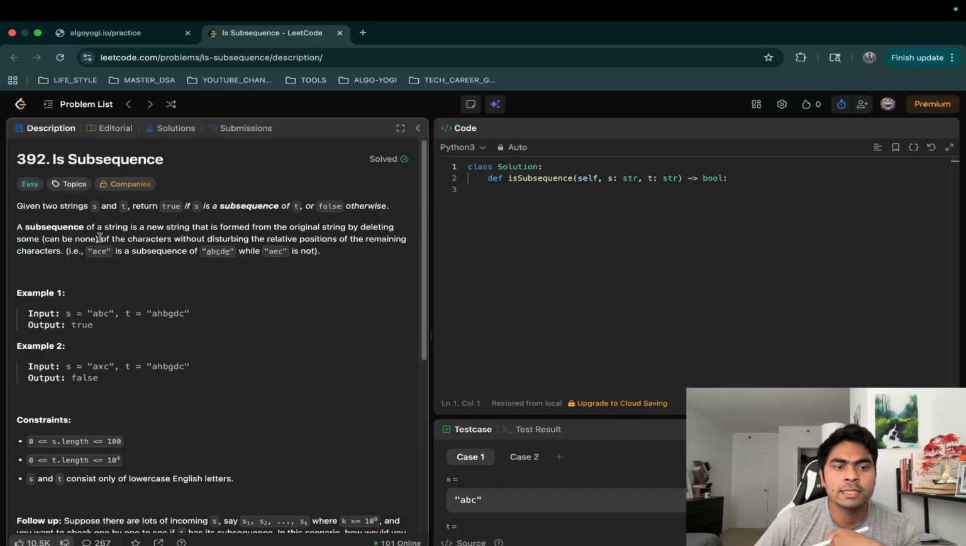So given two strings s and t, return true if s is a subsequence of t, or false otherwise. And they have given us the definition of subsequence that we should already know. If you're doing LeetCode, subsequence, substring, palindrome, anagram, these are basics that we should all be aware of. A subsequence of a string is a new string that is formed from the original string by deleting some characters. You don't have to delete all of them, so it can be none of the characters, without disturbing the relative positions